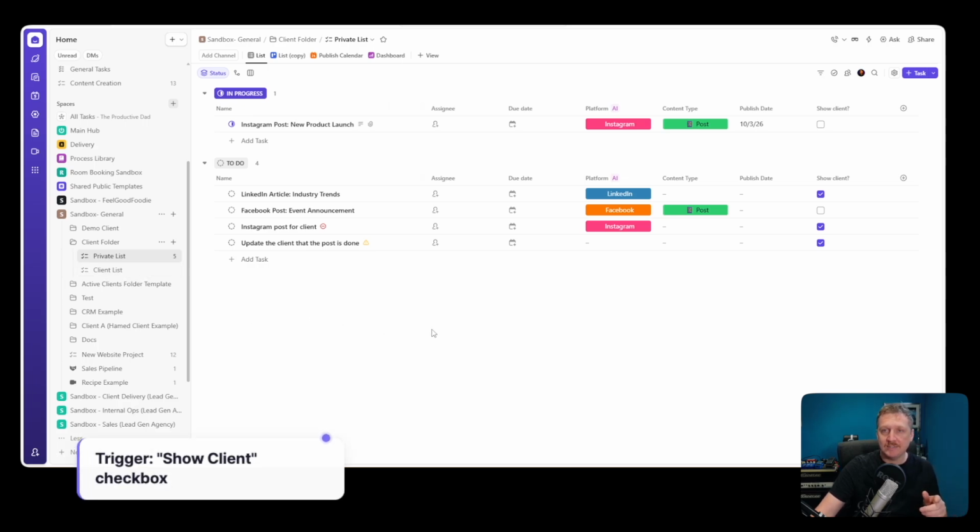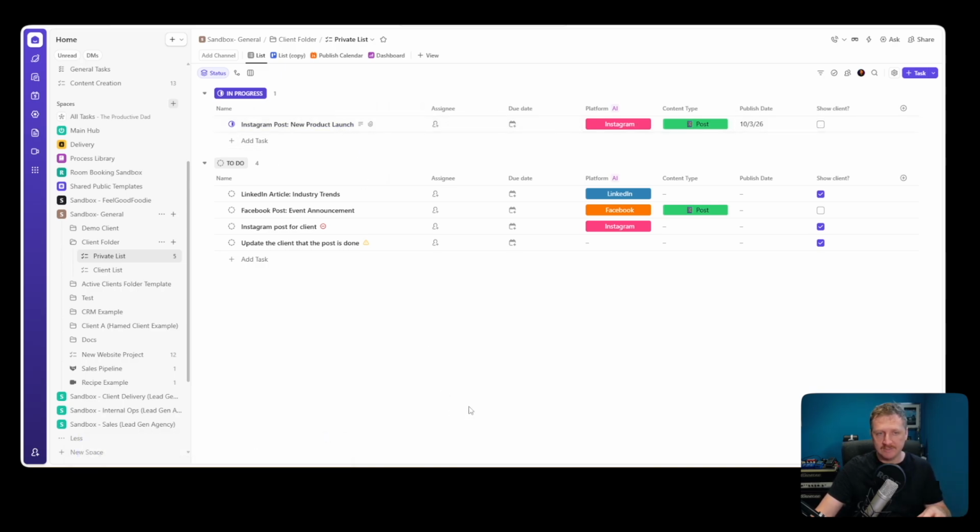So the automation that I want to set up is when we click this show client button here on the right, it's going to add this task to the client list. Then they'll be able to see all the info and they can comment and see the progress of what's going on. The way we set this up is we're going to add an automation